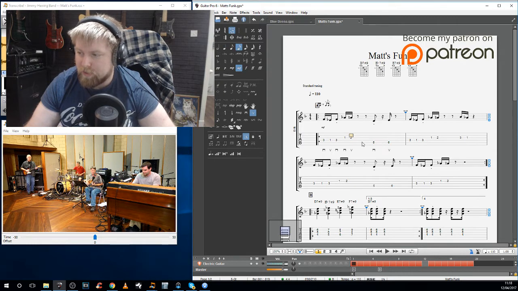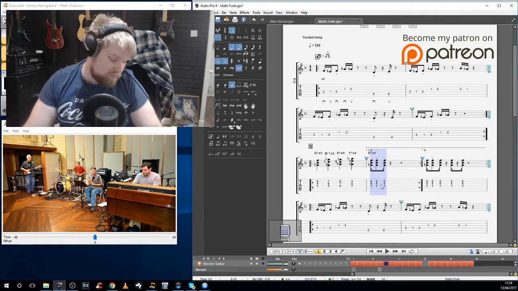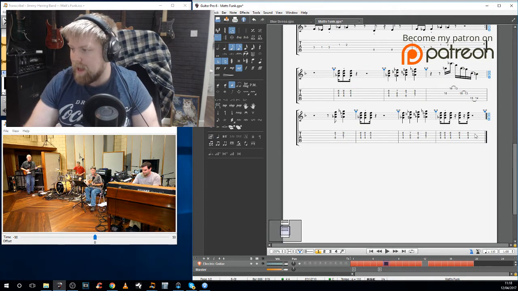Guitar Pro 6 will interpret that fine. The issue comes in when you have this rhythm in Guitar Pro 6, because it's not reading this as being exactly what it is, i.e. a 16th note, and then a 16th note later you have this 8th note, and then a 16th note on the end. This rhythm is the same as